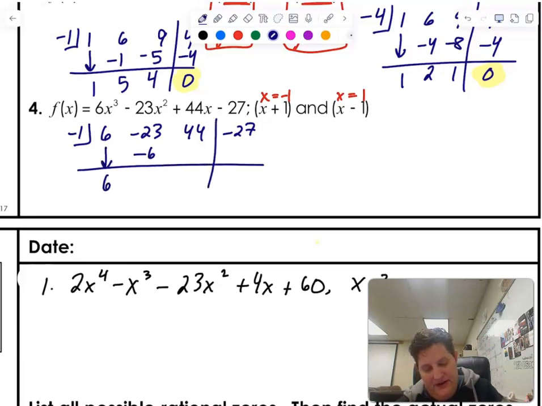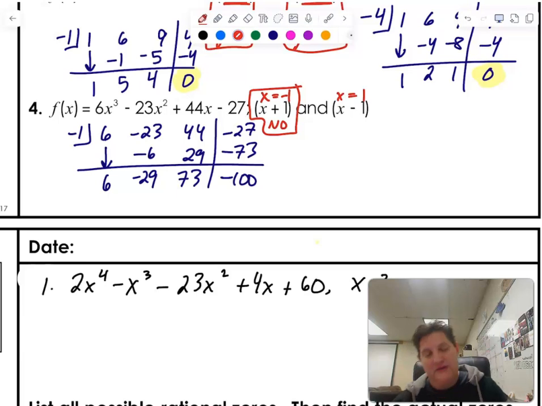Six times negative 1 is negative 6. That's negative 29. Negative 29 times negative 1 is positive 29. That's 73. 73 times negative 1 is negative 73. That's negative 100. So that is definitely not a factor, okay? When I do positive 1 into, put it over here,